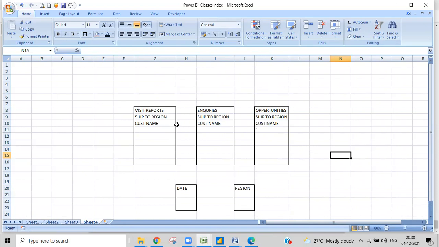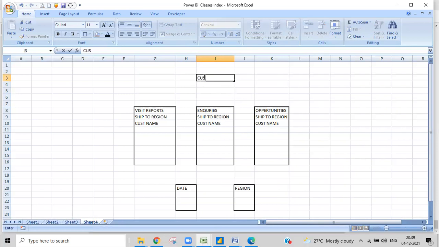If we create a relationship between this customer name, this customer name and this customer name, obviously it will go into a many to many relationship. We don't want to go with many to many relationship. It always gives us errors, makes it complex, and disturbs all the other relationships. It is most probably not possible to maintain. So whenever you find a many to many relationship, what we do is create a bridge table, just like that.